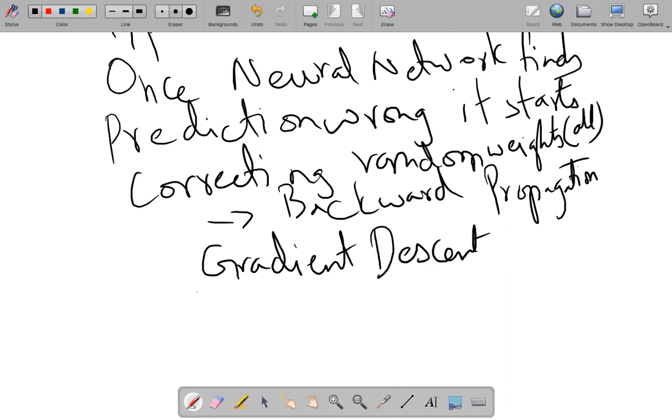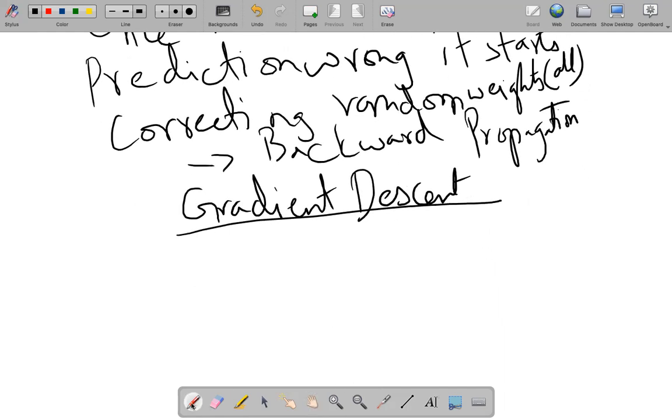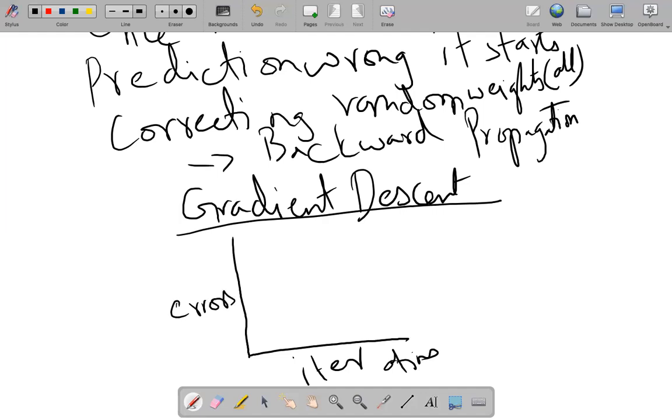Now, the gradient descent algorithm says, do not reduce the weights in larger quantities, always reduce the weights in smaller proportions. Let us say we have iterations on the x-axis and errors on the y-axis, and we are trying to reach a global minimum. We can't reach the error as zero, we can only reduce the error to a certain extent.